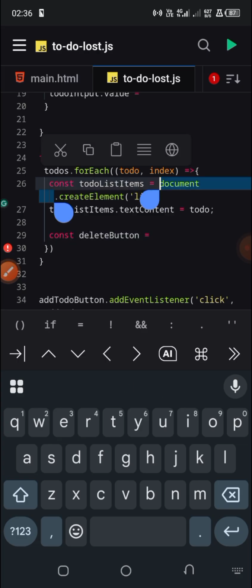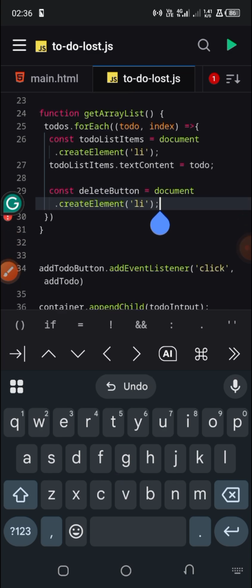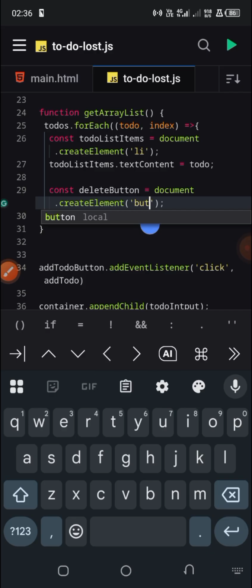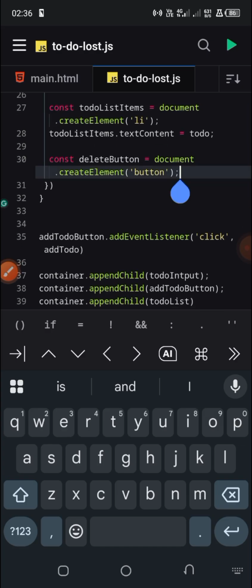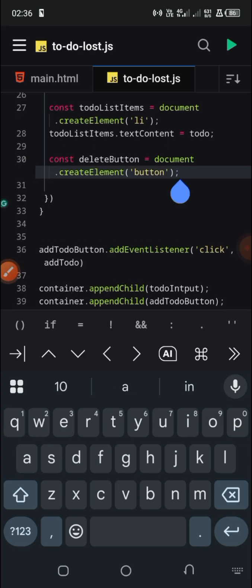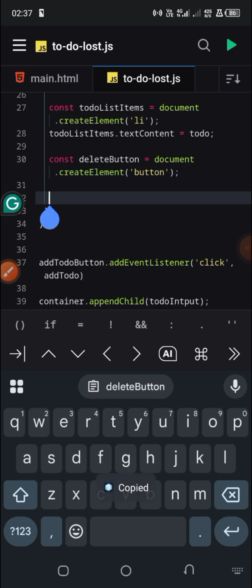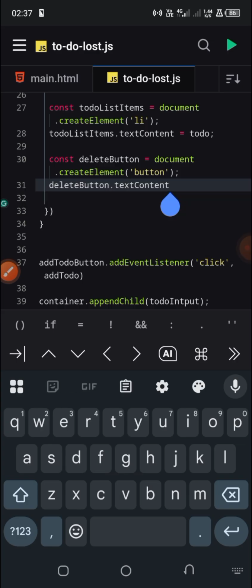So let me copy this, paste it over here, and instead of li, we are just going to use a button, and here we are going to say deleteButton.textContent, and that should be equal to, let's just say delete,